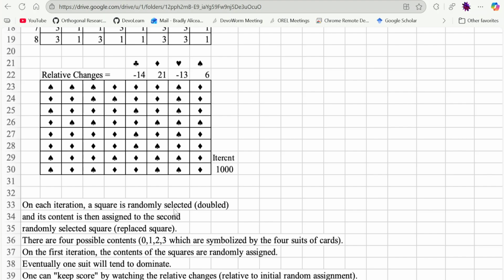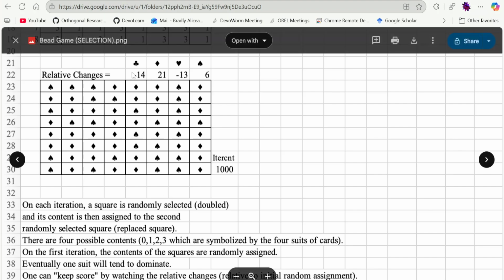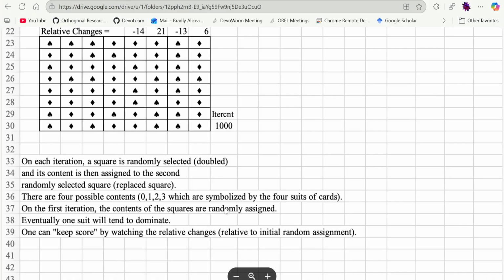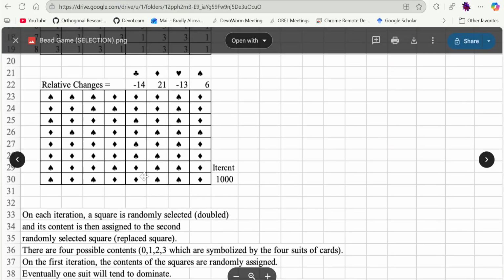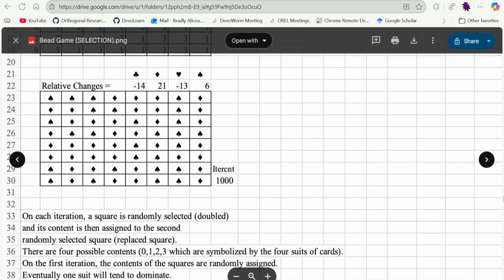So you have this ensemble with different distributions of these symbols. On the first iteration, the contents of the squares are randomly assigned. Eventually, one suit will tend to dominate. So the idea here is that we again have this case where we randomly distribute these symbols. We can use an urn model to draw out a number of these symbols evenly distributed. We can place them on the board, but over time, as this game progresses, you end up with one symbol